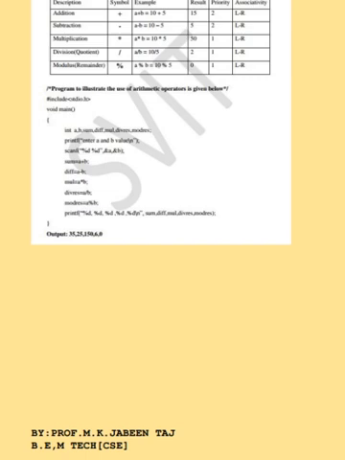Operand. The entity on which an operator operates is called an operand. Here the entity may be a constant or a variable or a function. An operator may have 1 or 2 or 3 operands. Example: a plus b minus c star d divided by e modulus f. In this example, there are 6 operands, that is A, B, C, D, E, F and 5 operators: plus, minus, star, divided by and modulus.